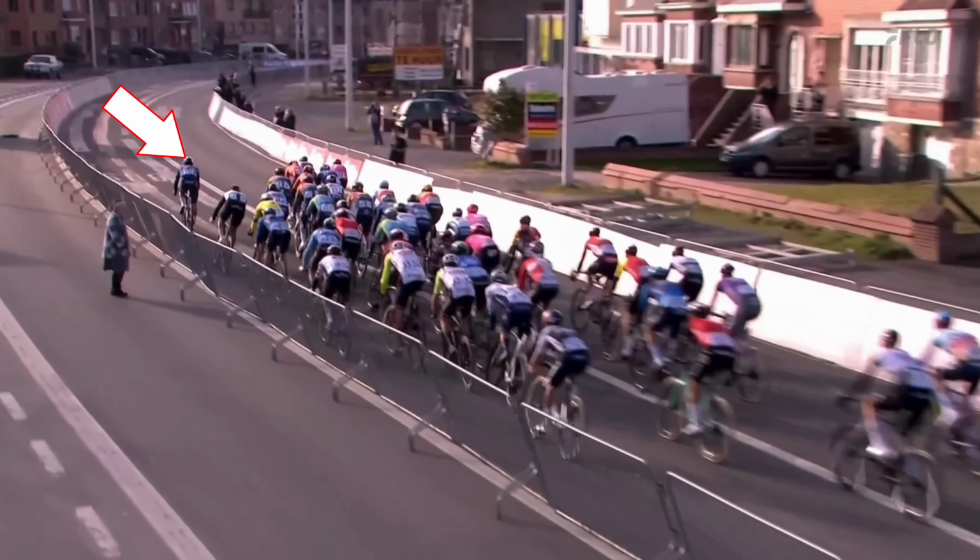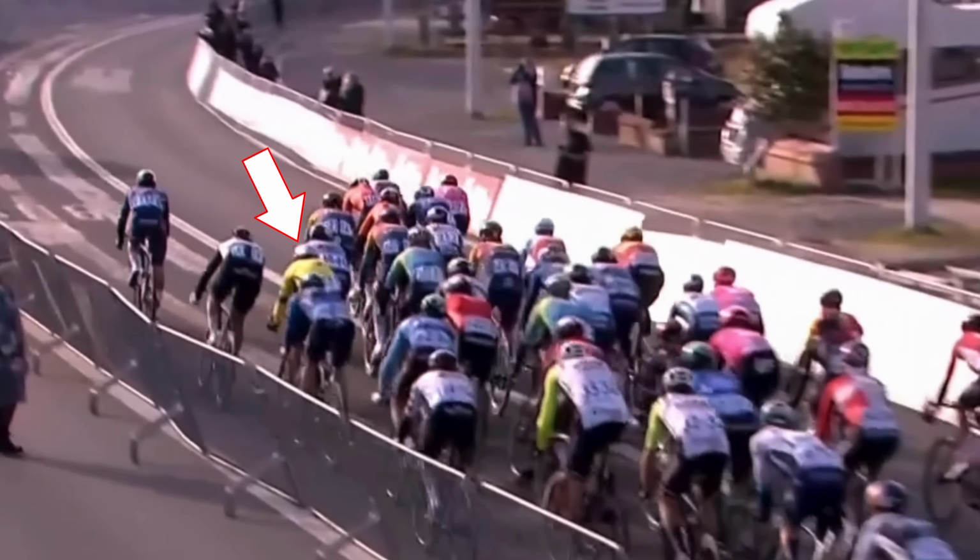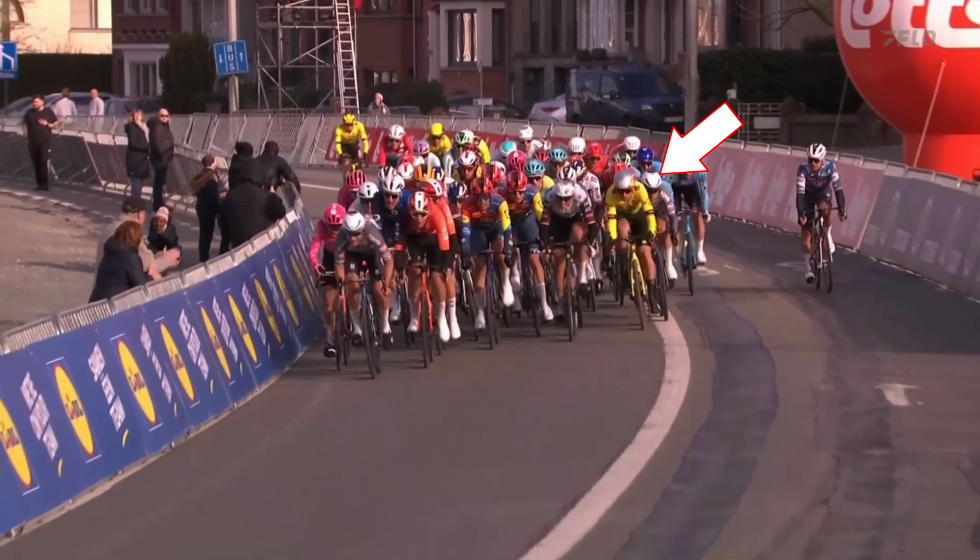We start looking at some of the favorites. Wout van Aert is still far back to the left side of the peloton there. He's got Jasper Philipsen on his wheel. We start looking up at the front there. We see it's two Lidl-Trek riders up there, and we see it's two Ineos riders. The Ineos riders are Josh Tarling and Samuel Watson. They're in fine position because next up, after we see Soudal Quick-Step blow, it's Gianni Vermeersch from Alpecin-Deceuninck